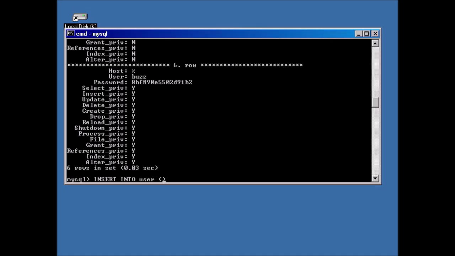Now, instead of typing out a field for every single one of these, I'm actually going to only specify which ones I'm going to be adding data to. So that way I'll basically let all the rest of them default, and their default will be N for no. So first thing I'm going to do is specify what fields I want to insert data into. I'm going to be inserting into host, user, password, and I think the first 4 of these. So let's see, I'm going to be inserting into host